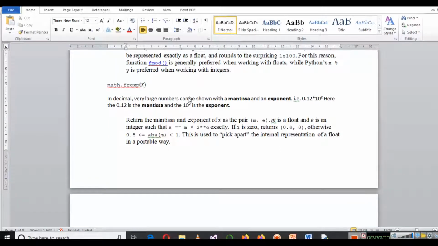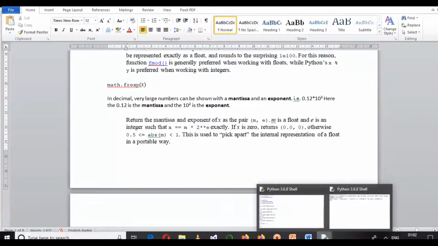For example, if a number is written as 0.12 into 10 to the power 2, here 0.12 is the mantissa and 10 to the power 2 is the exponent. So it returns the mantissa and exponent of x as a pair m and e, and the final value of x will be m multiplied by 2 raised to the power of e.